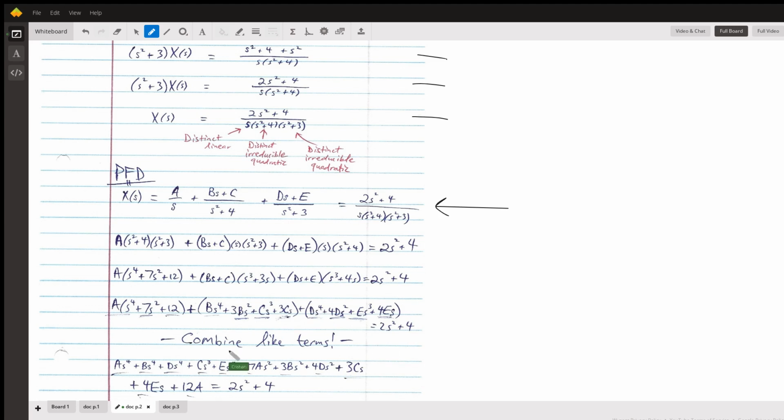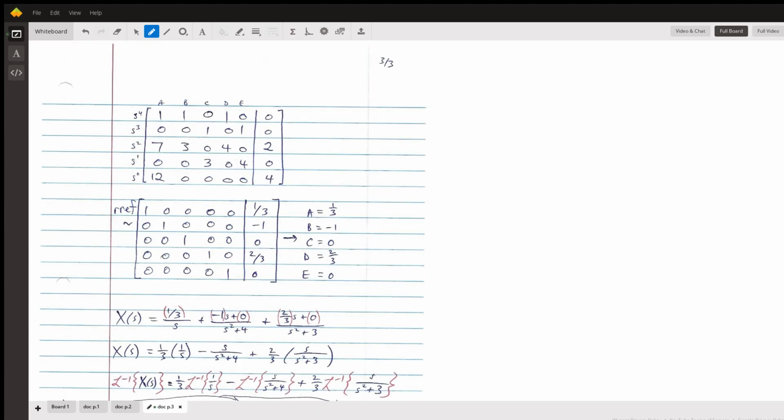and what you're going to do is group all together the terms with s to some particular power. So order up all the s to the 4th, all the s to the 3rd, all of the s squareds, the s to the 1st, the constants. And then you can put those constants all together and represent them as a coefficient matrix, like this one. Notice how I have the columns going by A, B, C, D, E for those undetermined coefficients,